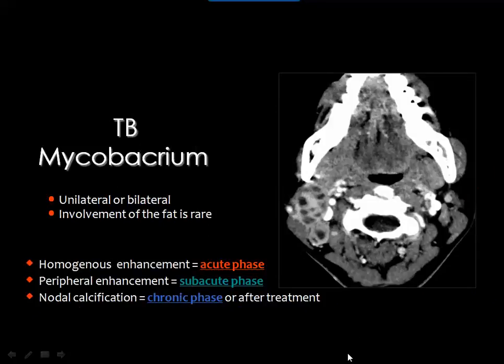Then in Egypt, there are many cases of TB affecting different parts of the body, and this is the usual appearance of tuberculous lymph nodes in the neck. And the nodes are small, they are adherent to each other, they have a caseating necrotic center and a peripherally enhancing margin. In the acute phase of TB lymphadenopathy, you may get homogeneous enhancement of the affected nodes. In the subacute phase, you get central areas of breakdown,